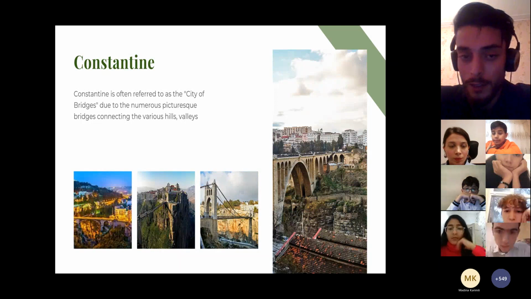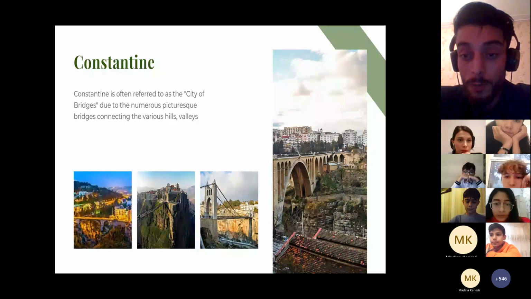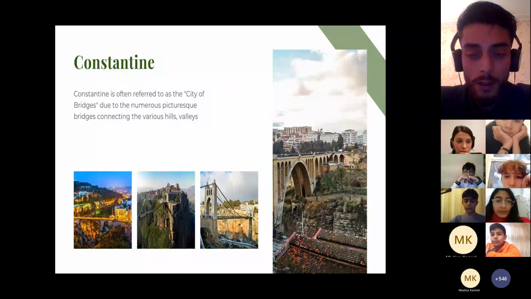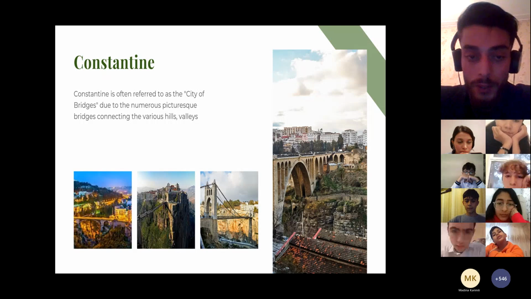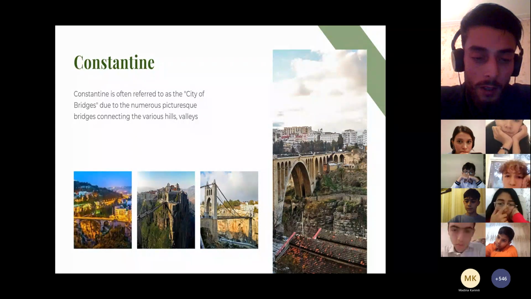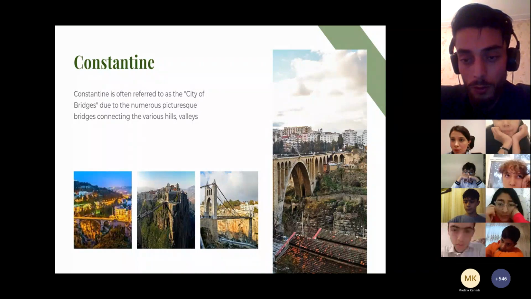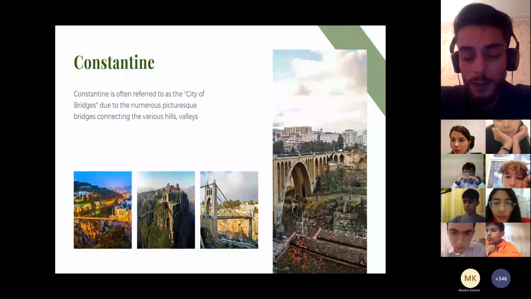Okay, we have Constantine. It's often referred to as the city of bridges or suspension bridges. As you are seeing here, it's built in a very high area, and it has a lot of suspension bridges, as you are seeing here in the pictures. It's also very famous, and I hope that you will have the opportunity to go and see